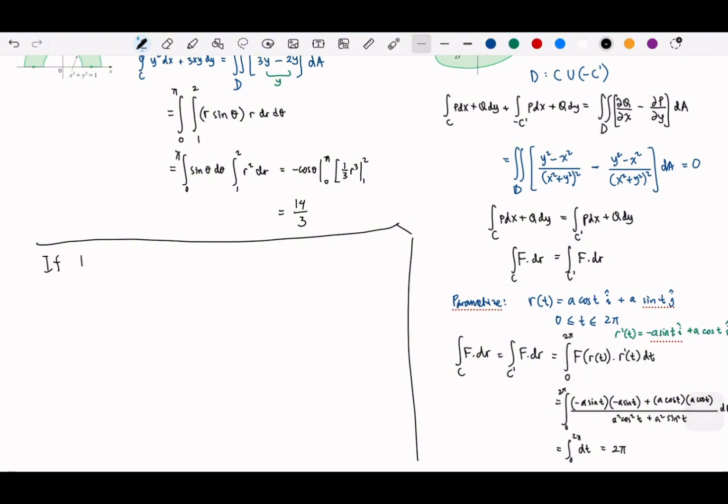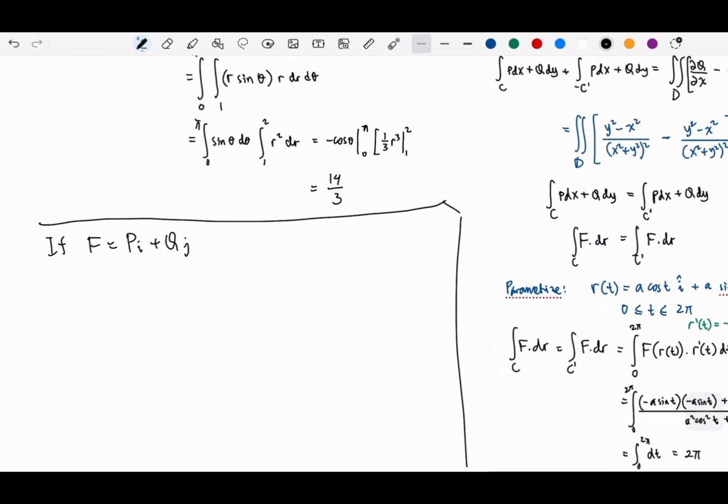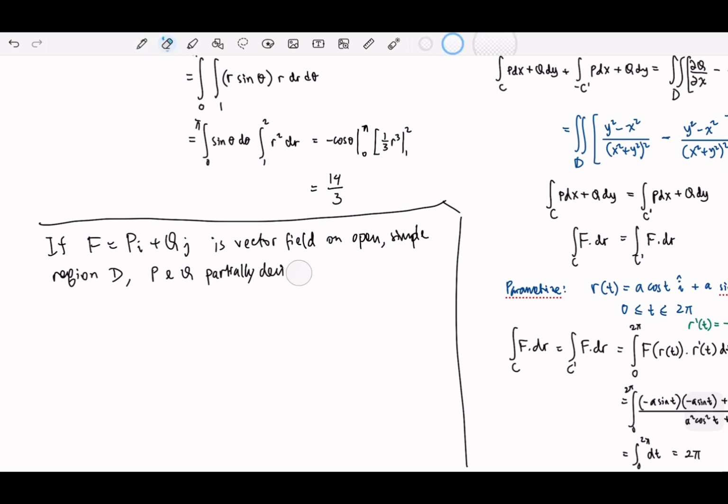So if F is a vector field with components P and Q, on an open, simple region D, and P and Q have continuous partial derivatives, and these two partials are equal through all the points in D,